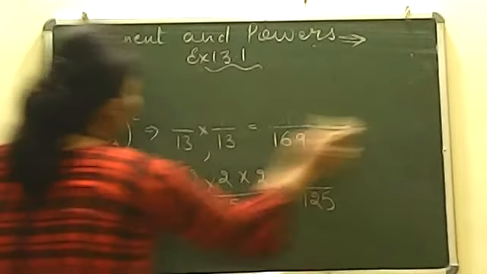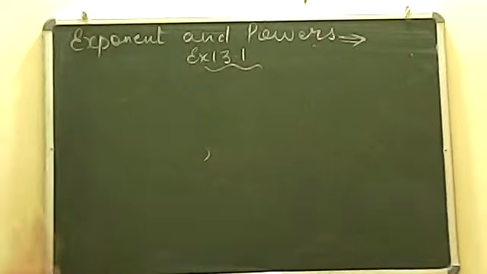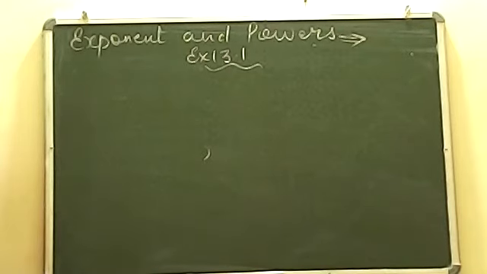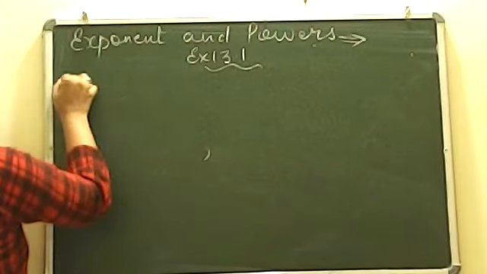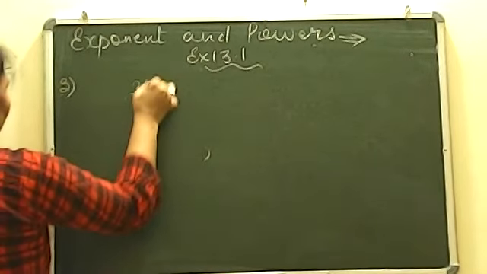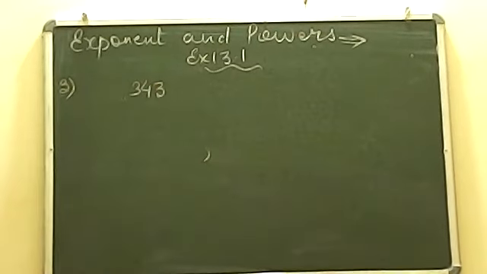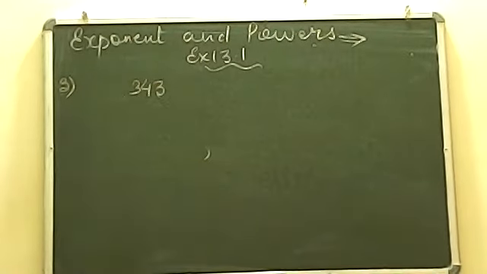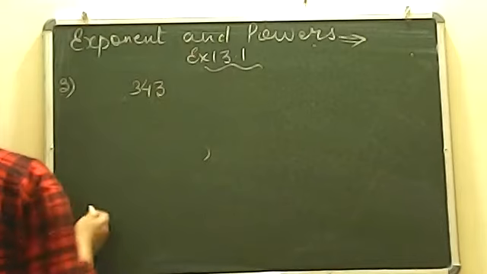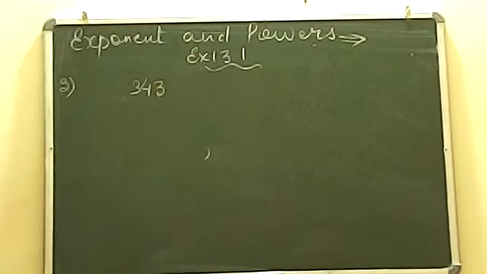Now first question got over, I believe. Now let's discuss the next question. The next question will be, you have to simply write it down in exponential form, which we have just completed when we have started this exercise. Now I want to discuss a next question, question number 3. When you have any number, a larger number, suppose I am taking the example of 343. There are many more examples, but I am just taking this question. Now suppose the question comes in this form, or maybe it can be a very larger number as well. And question आपको ये लेकर आए, you have to express the following using exponential notation.